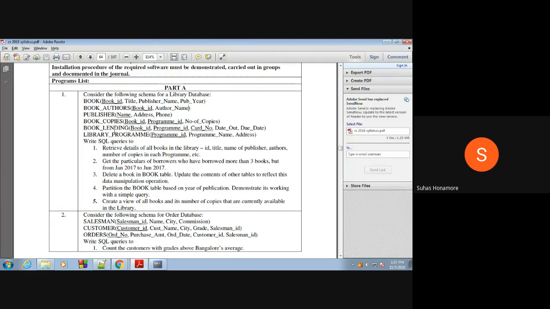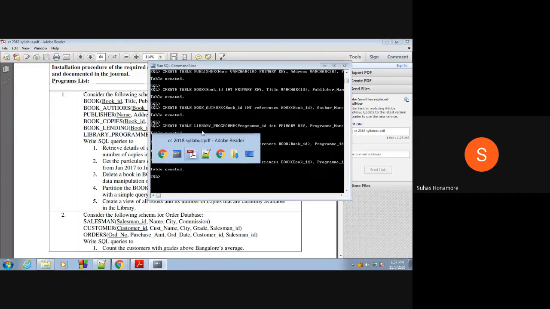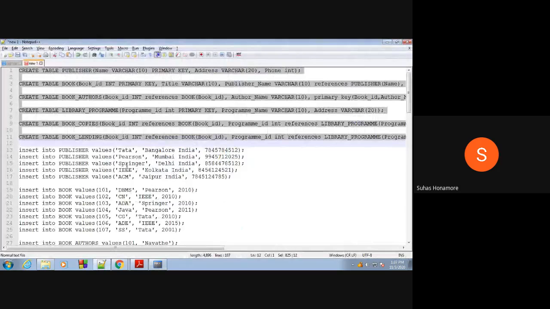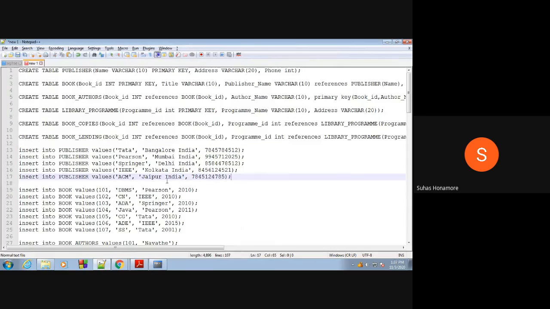So you have to insert the values for all the 6 tables also, and it's better practice to insert in the same order in which you created the tables. We can mix it, but whenever reference keys come, it will be difficult to insert the values. For example, I can't insert the book table entries